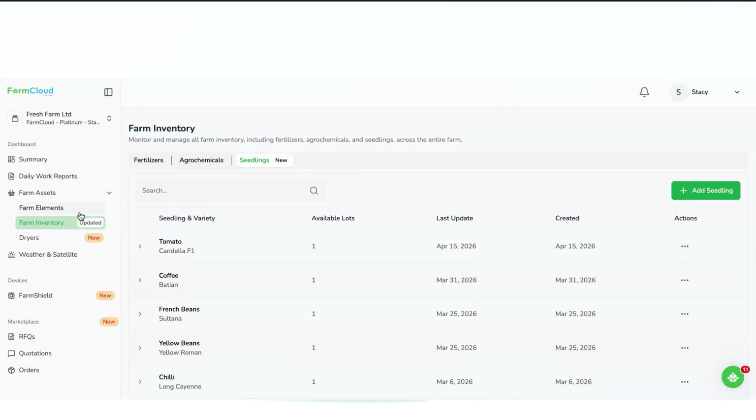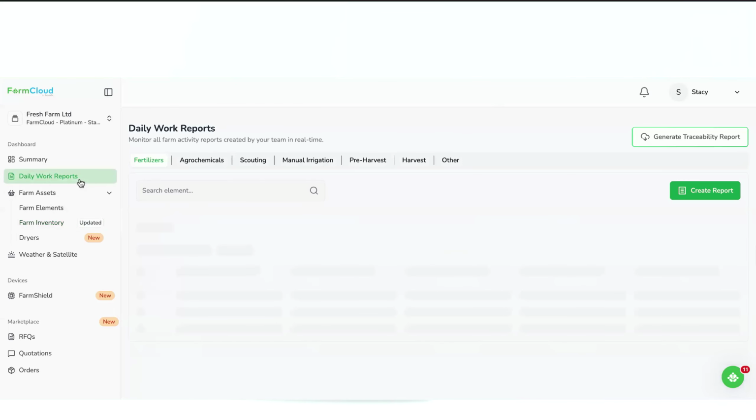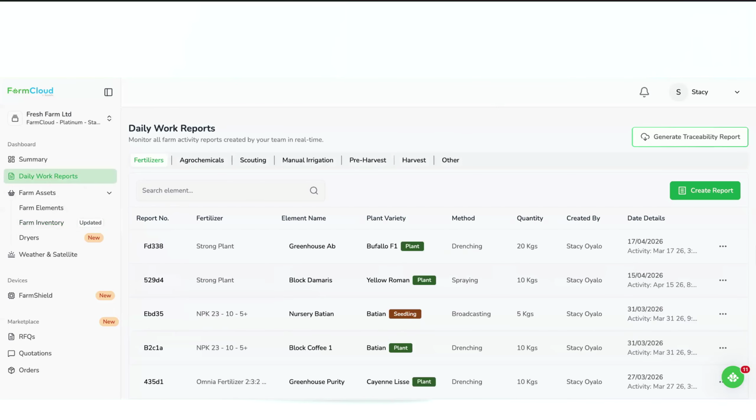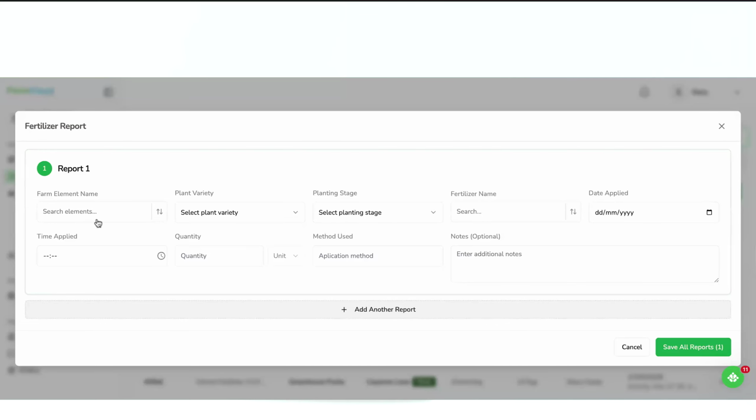So after this, the next step is usually daily work reports. So just as the name suggests, daily work reports all the daily activities that you're doing in your farm. Fertilizer application being one of them, agrochemical application, and this is how the report looks like. So you have to attach that report to an element, and remember, an element is a structure. So if it's a greenhouse, you attach a greenhouse, the specific plant that's been grown there, the stage, you'll be given a variety of stages, the name of the fertilizer that you're applying,